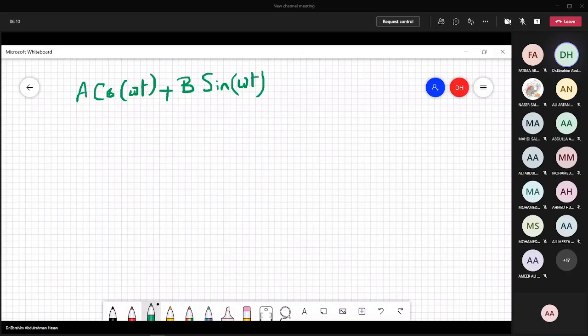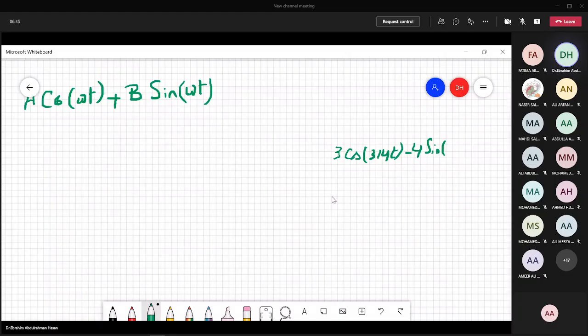حد رسمها؟ حد حصل الرسمة؟ حد رسم هذه؟ كانت كم 3 ولا 4؟ 3 cosine 314t minus 4 sine 314t. حد رسم هذه؟